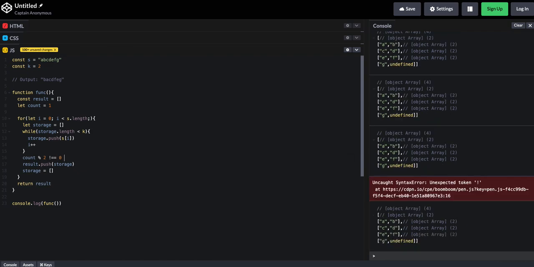This means whatever count is at the first time around, it's going to be 1. If that divided by 2 does not have a remainder of 0, right? So basically, it's an odd number. If it's an even number, count divided by 2 is going to have no remainder, so the remainder will be 0, right? So this is determining whether the number is even or odd. Right now it's odd. So anytime count is an odd number,